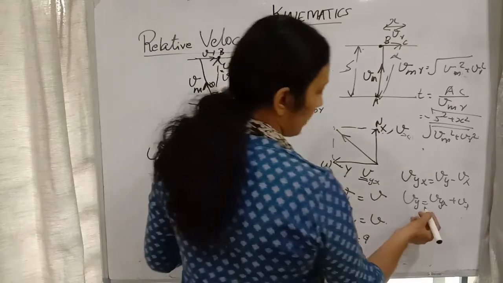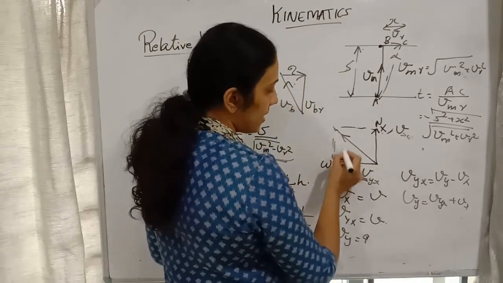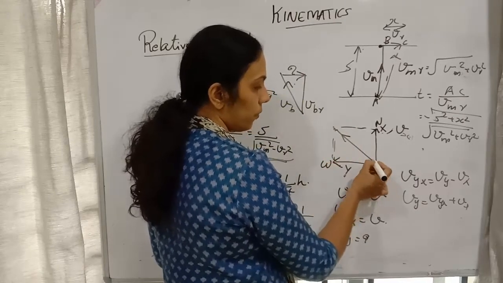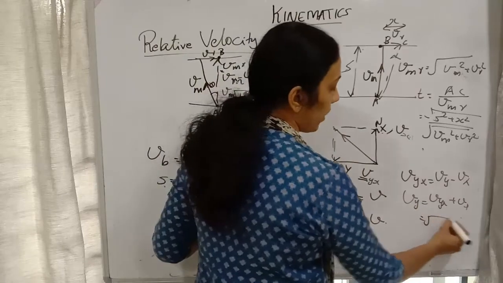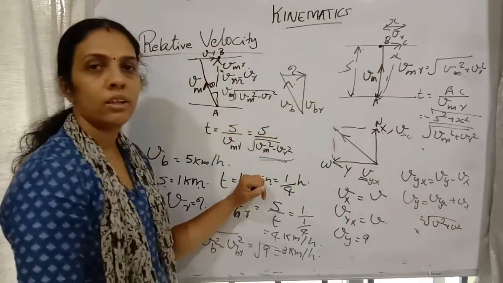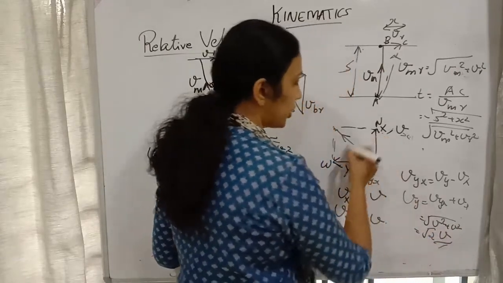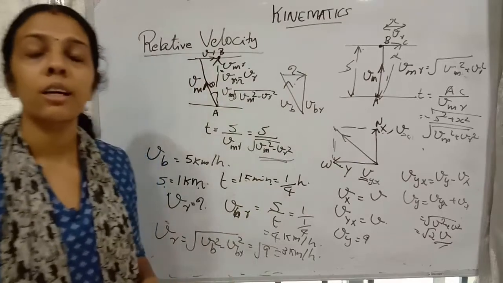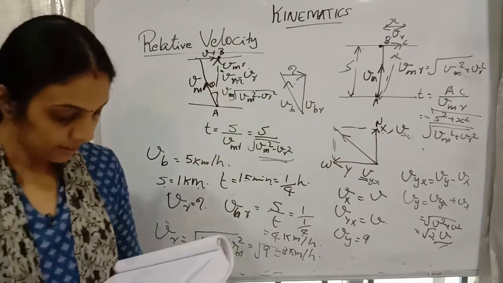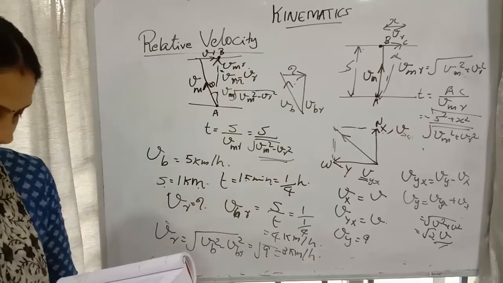Okay, so how can we find out the value of V? It is using Pythagoras theorem again. This is V and this also V, root of V square plus V square, root 2V square. We will get it as root 2 into V. Which direction is it? It will be in the northwest direction. So here the answer is root 2V in northwest direction.